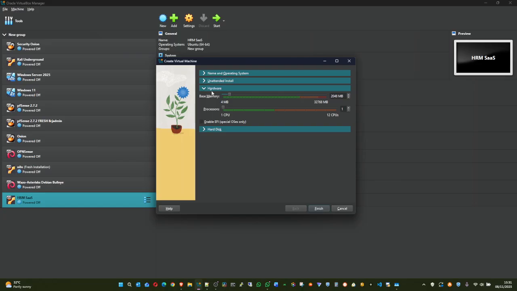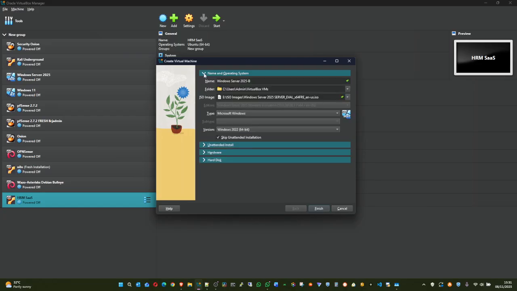Then we'll select the hardware. This name is the name that we are going to use to identify what we have right here. If you like, you can call it Clement test server.